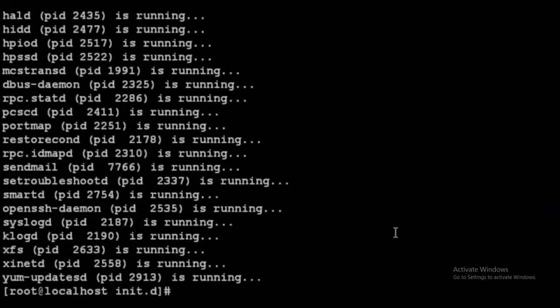being used to filter the services. Vertical bar grep, grep is a general filter command, grep followed by running means it will display only running processes. That is, if you are using commands like that, only service